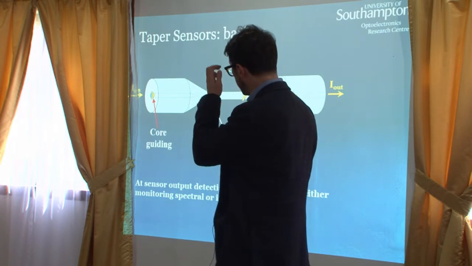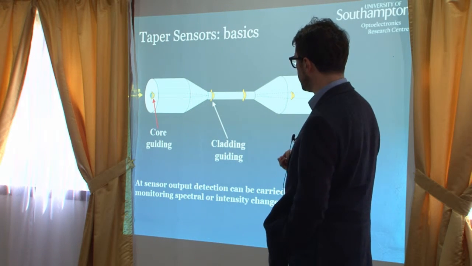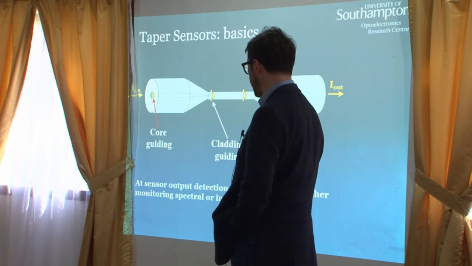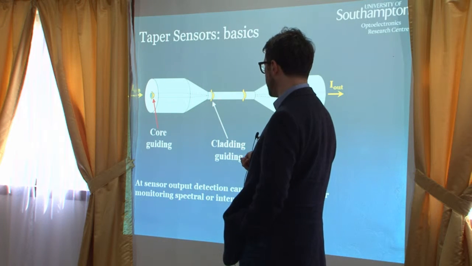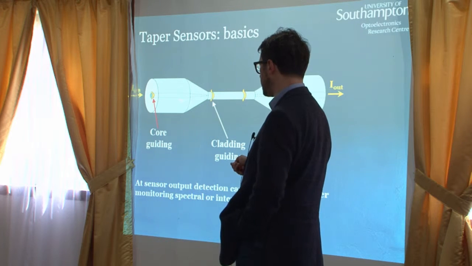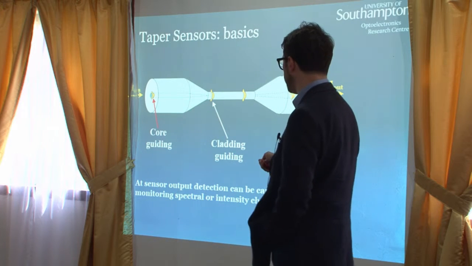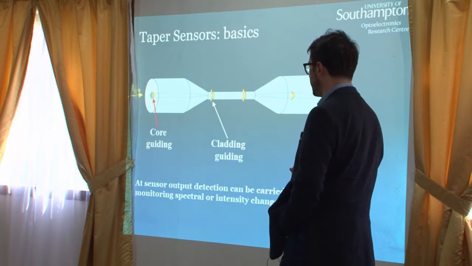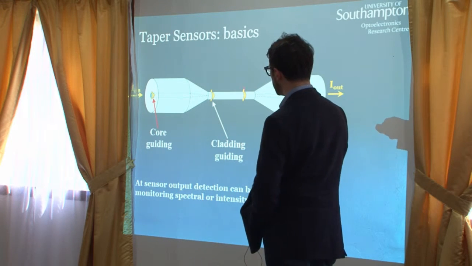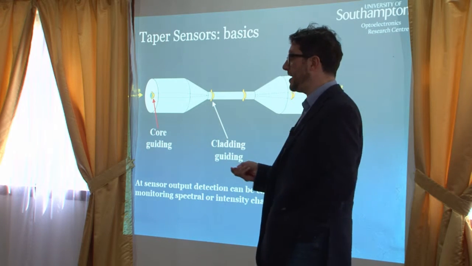Another way to use microfibers for sensing is actually to exploit the field that is outside. So a microfiber is basically a fiber that has a smaller diameter. So it's connected by two transition regions to the fibers, and the light, which is injected in the core in a normal fiber, expands, and then it propagates in the cladding, in the microfiber. And it's interesting because here you have part of the light which is outside. And by definition, this outside section can interact with the surrounding environment, meaning that we can use that to sense